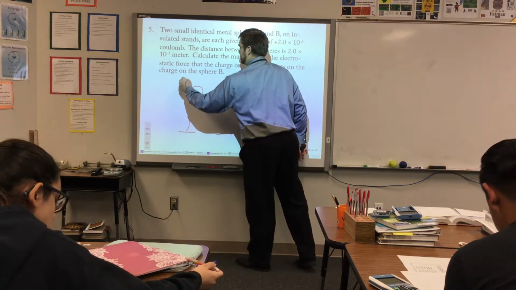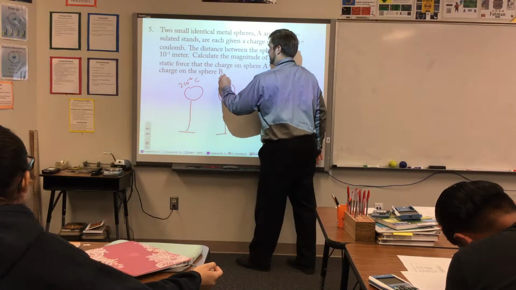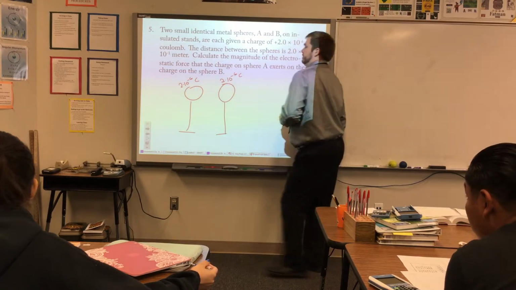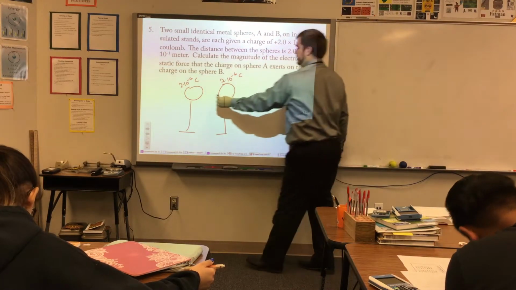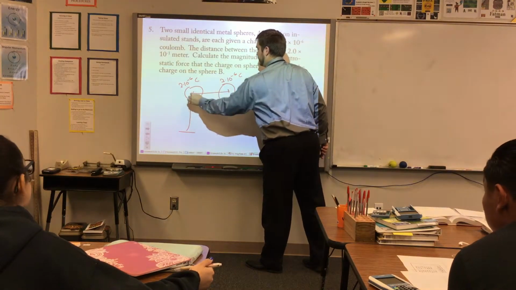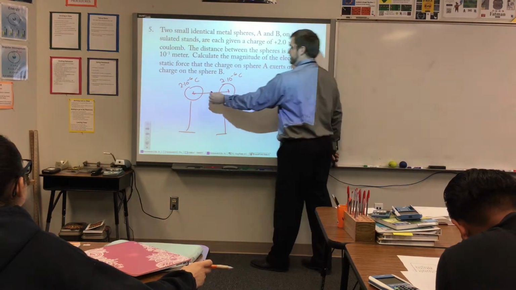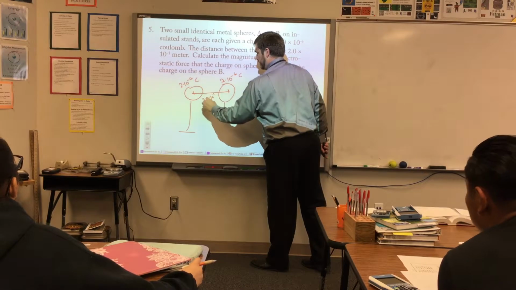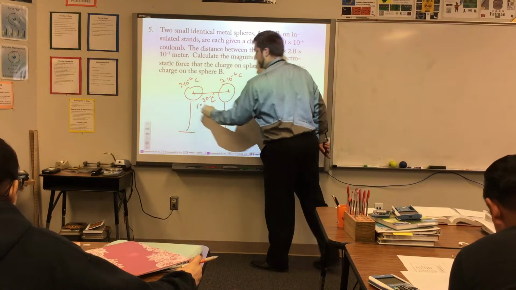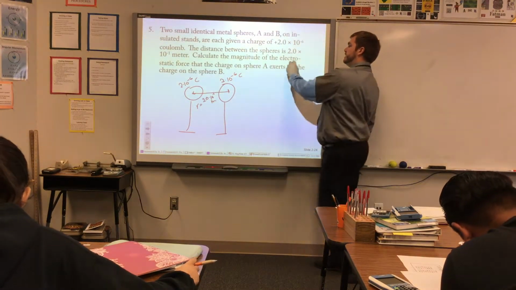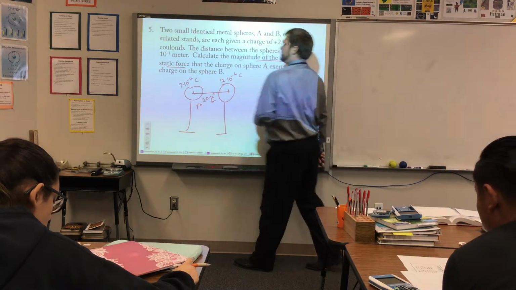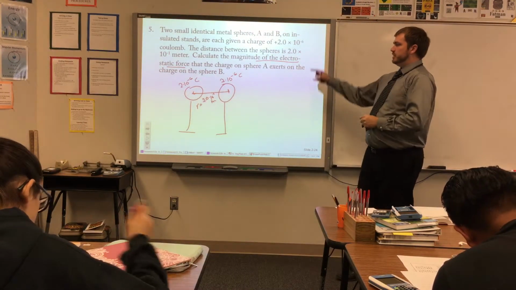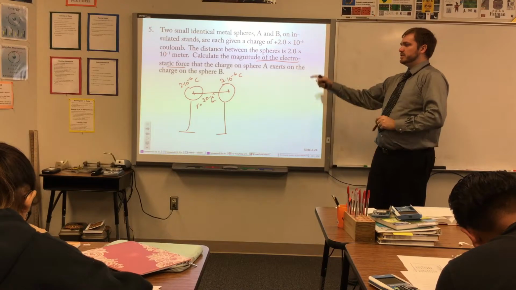The distance between the spheres is 2 times 10 to the negative 1 meter. That's the radius. Calculate the magnitude of the electrostatic force that the charge on sphere A exerts on the charge